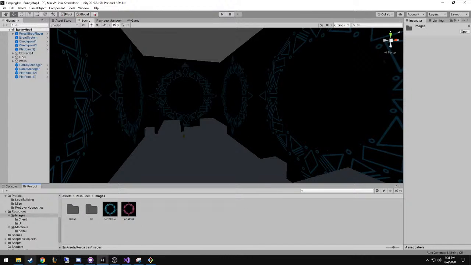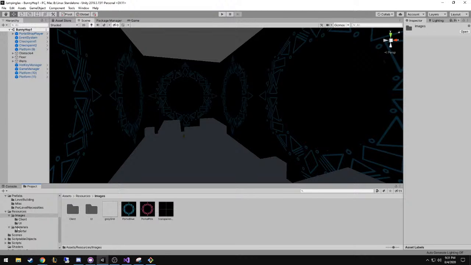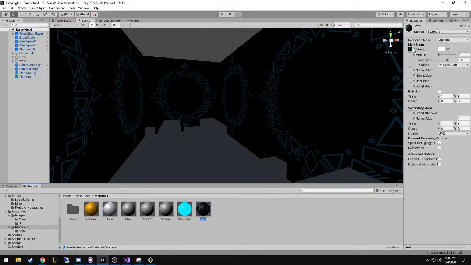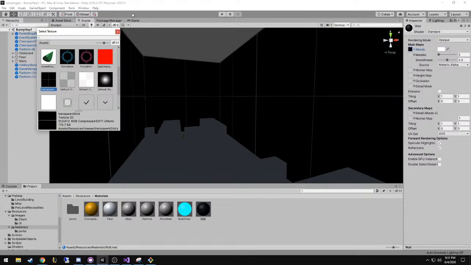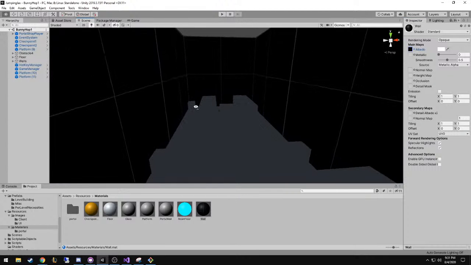And we'll have the rest. I don't remember if you're using black or gray. We'll find out. So for walls, we want black transparent and